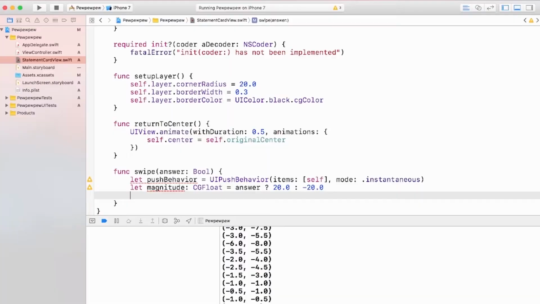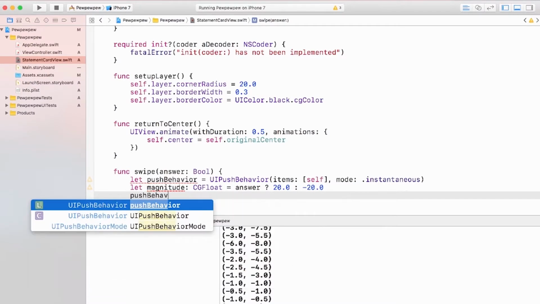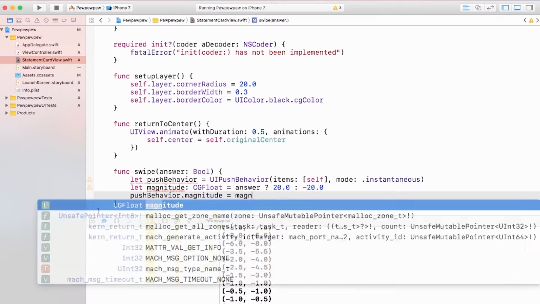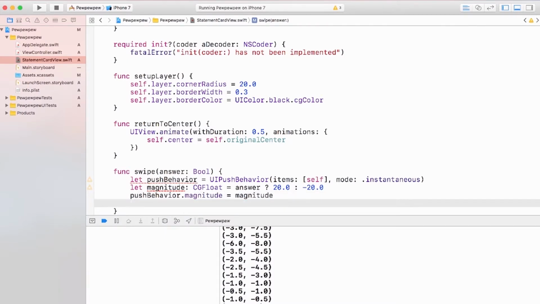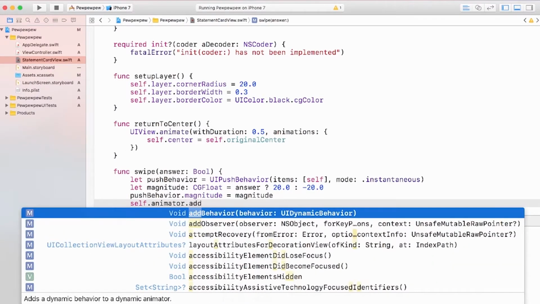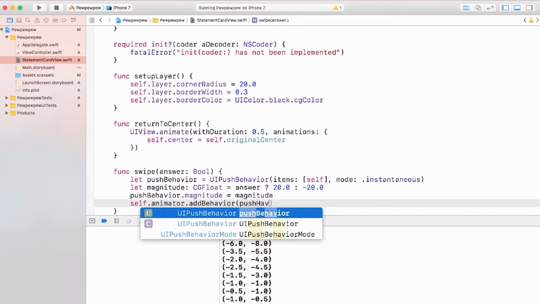Now our push behavior is expecting this magnitude. So if I go back to push behavior and I look for the magnitude property, you'll notice that it's right here, the magnitude of the force vector for the push behavior. So I can just set that to the magnitude. So our push behavior is basically set up, but we still need to add this to our dynamic animator. So I can type self.animator.addBehavior. So you can see right here, there's already a function that's addBehavior, and I can add this push behavior